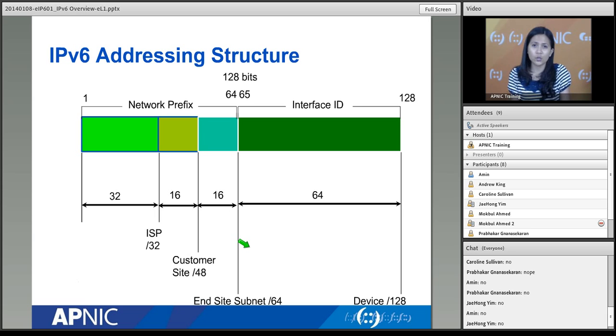So each host, actually, if you have, let's say, a network, a room, one subnet, maybe you have 5 computers there, maybe you have 100, maybe you have 1,000. It doesn't matter. You have to assign a single /64 IPv6 block to that. Okay, and that is a limitation that we have at the moment.